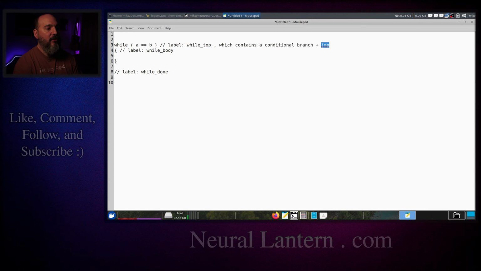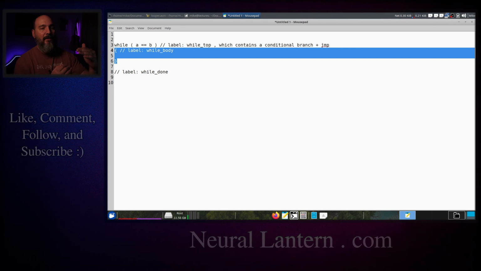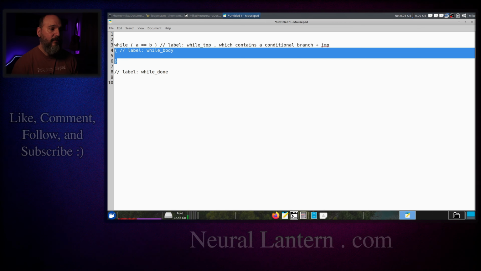I'm doing it this way because it's usually a shorter jump to jump to the true area, the body of the while loop. And remember, conditional branching instructions have a maximum jump reach of about 128 bytes. If you try to jump too far, for example, you could reverse the logic to say, if the expression is true, let's jump to the done portion and break the loop, and if the expression was false, we'll jump into the body. You could do that, but then if the body of your while loop was so long that the last instruction was greater than 128 bytes away from the top, then by the time you wanted to